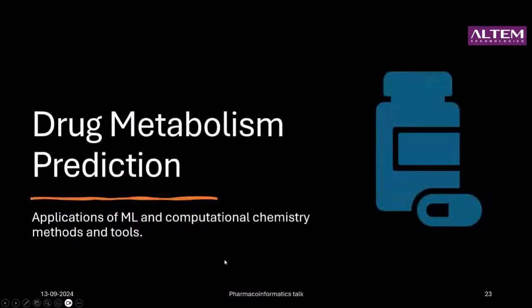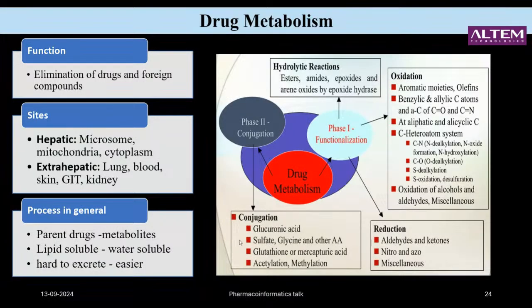So now I am shifting gears and moving to the drug metabolism prediction area. In this topic also, we are actively working and applying machine learning tools to solve the drug metabolism prediction problem, because it has strong connections with toxicity. As we know, drug metabolism mostly happens for the elimination of foreign compounds, but in the process, it might end up making molecules more polar.